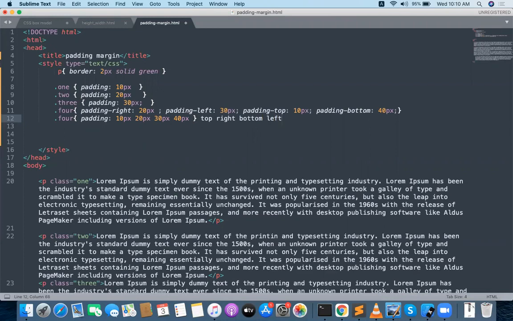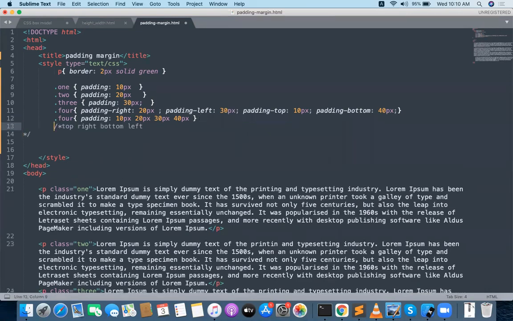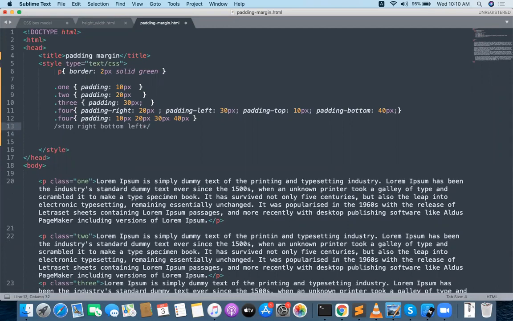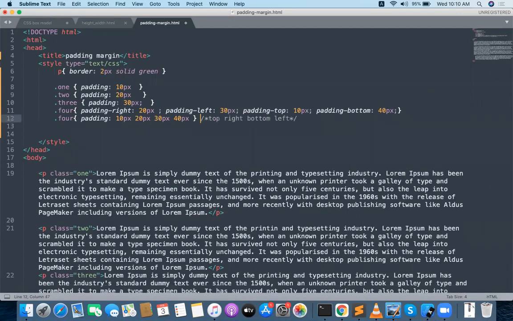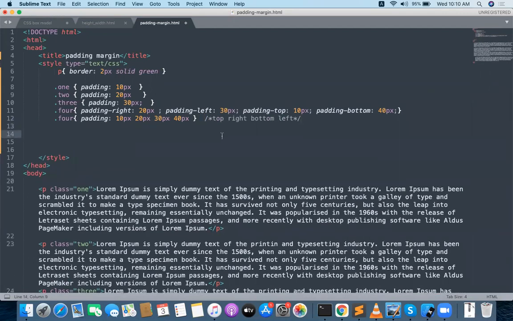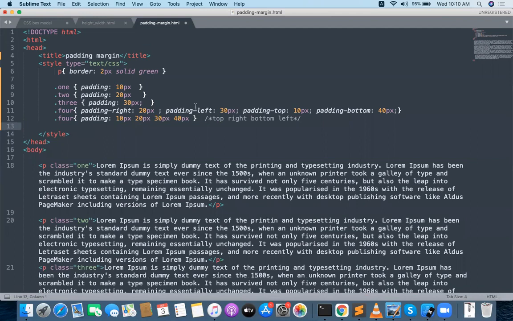So you can apply like this also. If you want to give a comment for this, Control slash. Control slash is the comment of the CSS. Comment is used to understand the code, but it is not rendered by the browser, and it will not be applied by the browser. You can go with two values, you can go with a single value, you can go with three values. That is the concept we discussed yesterday about padding and all. Please go with that.